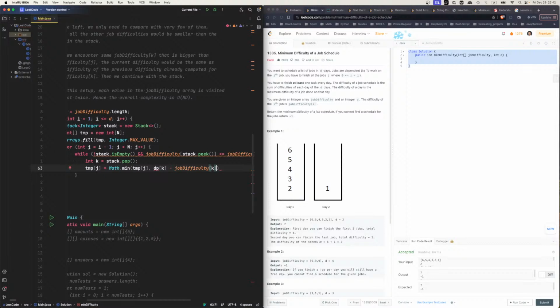Now I think it should be k minus 1. Seriously, I think it should be k minus 1. Hold on, k minus 1 makes more sense to me. And plus job difficulty j. That's what makes sense to me. And then, yeah, we just keep going, keep going. And at the end, we say,